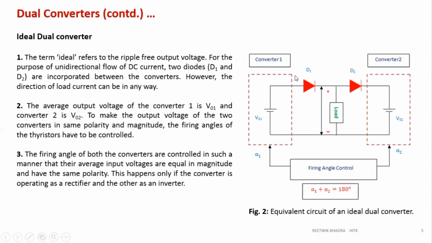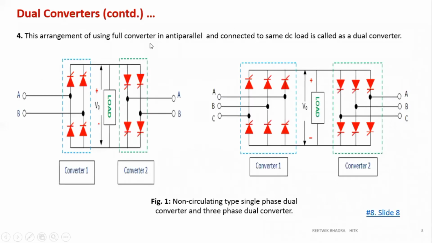So just for understanding, you understand this one. See what will happen for converter 1, current will flow in this direction. For converter 2, current will again flow in this direction, clockwise. In this loop, there will be a clockwise current. Now, why is this diode given? Generally, it should not be given. See, no diode is there in the circuit.